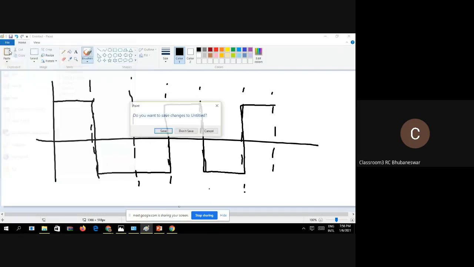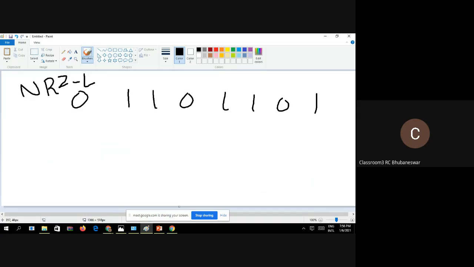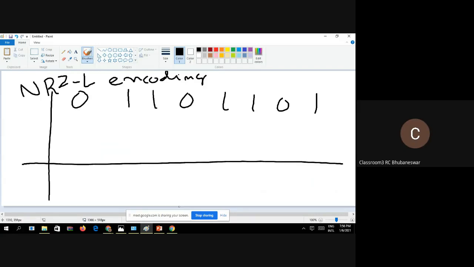आपके पास ऐसे था 0 1 1 0 1 1 0 1, ऐसे एक बिट सीक्वेंस। हम आपको बोलेंगे आप इसको एनआरजेड एल में कन्वर्ट करो, एनआरजेड एल में एनकोडिंग करो। ठीक है? दिखाई दे रहा है? एनआरजेड एल में एनकोडिंग करना है। इज इट ओके? यस सर।